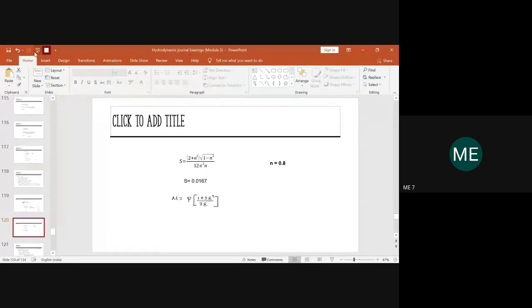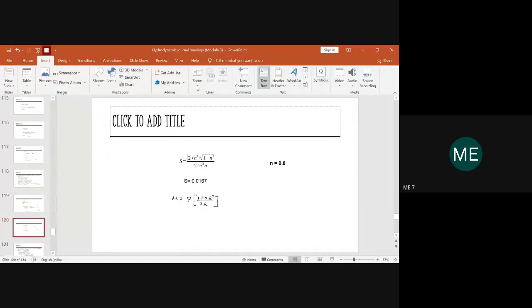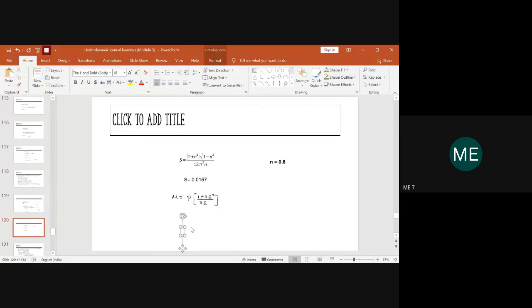In our terms, it is small f. We represent coefficient of friction using small f, so I'll use the same notation. Since I'm not able to figure out the symbols in the PPT, I've just shown you the alternative equation. But we refer to the equation as small f equal to chi into (1 plus 2n square) upon 3n. N or epsilon, both are the same for eccentricity ratio. So kindly substitute and let me know the value of coefficient of friction, how much we get.